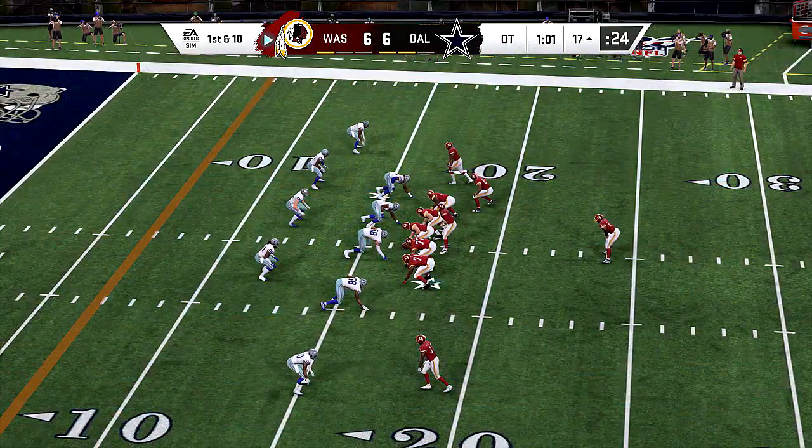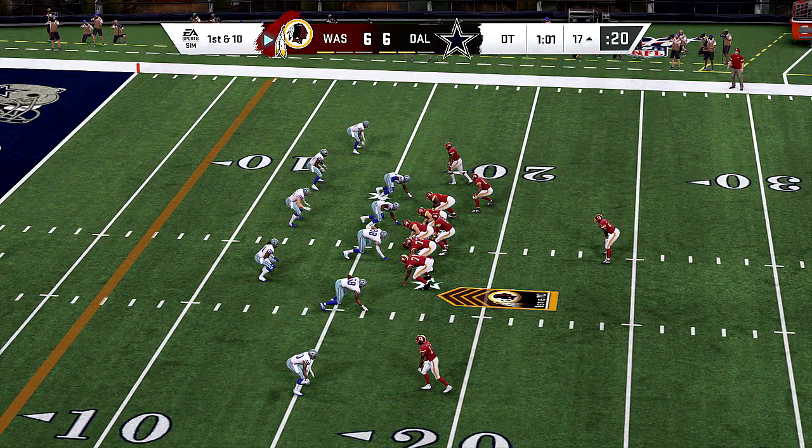Bring up the hot. Hot. Hey, pick it up, defense. Let's